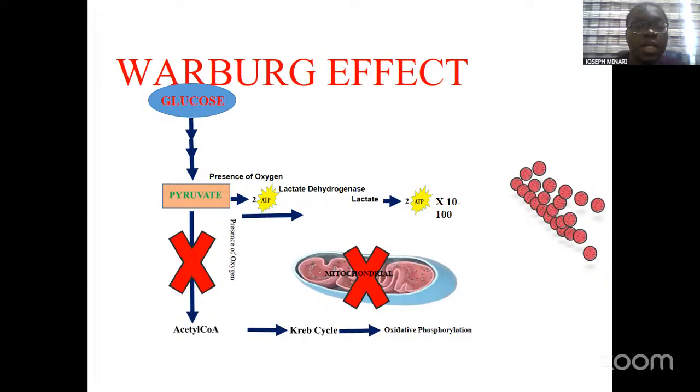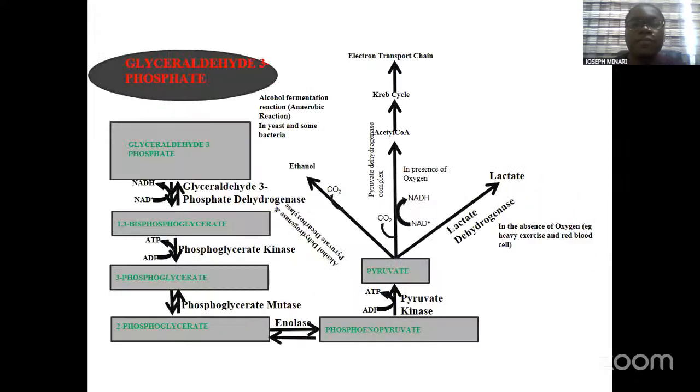This happens where, even in the presence of oxygen, pyruvate is converted to lactate in the presence of lactate dehydrogenase, and this encourages production of more ATP, which energizes the cell, and this favors cancer cells a lot. So the fate of pyruvate in the presence of oxygen is moving to acetyl-CoA,